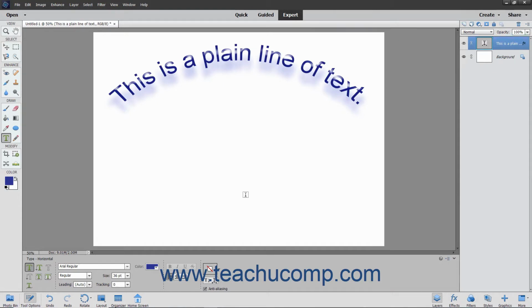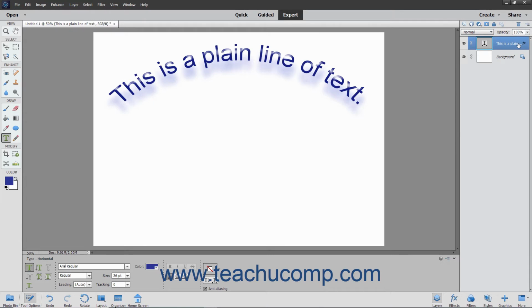When you create text, it is created in its own type layer, which you can see in the Layers panel. Remember to select the correct text layer before trying to apply editing changes to text. You can also apply layer effects to text layers and change layer options for text layers just as you would with normal layers. One thing you may want to do to a text layer is to simplify, also called rasterize